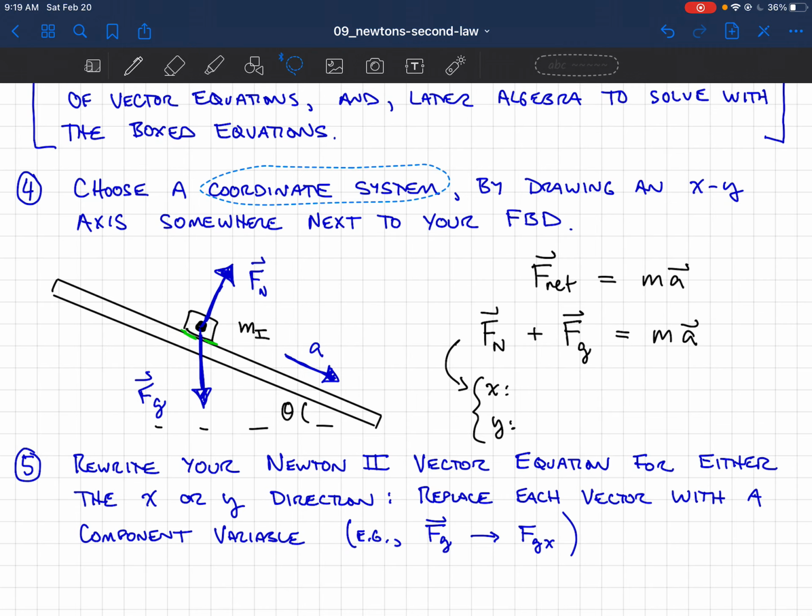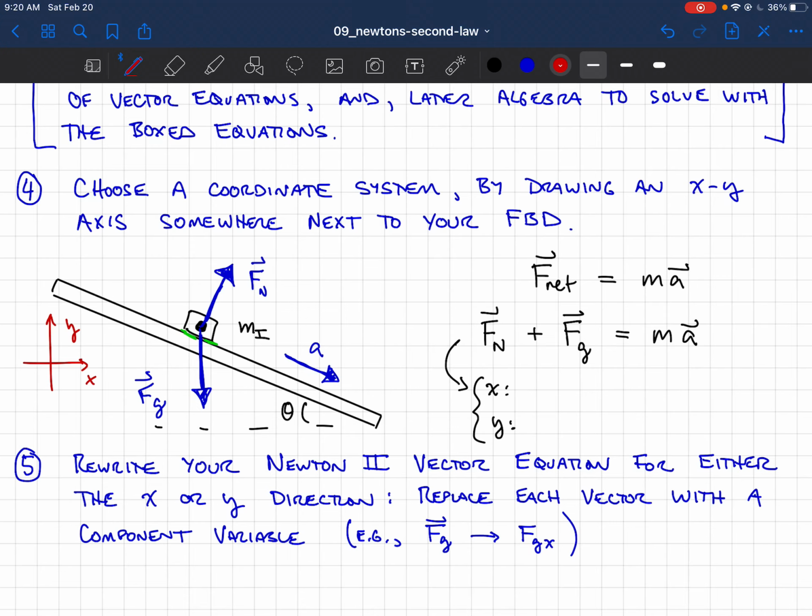Now, remember, you're allowed to choose any coordinate system you want. You're allowed to work with an x and y in any directions that you want. In problems of Newton's second law, there are often some coordinate systems that are better than others. Not that they'll lead to a different answer, but just that they'll lead to simpler analysis. And the way that you choose a coordinate system is to try and get it to line up with as many vectors as possible. So if I were to choose just the normal xy that we usually do, and for problems of forces, it doesn't matter where I draw the coordinate system,